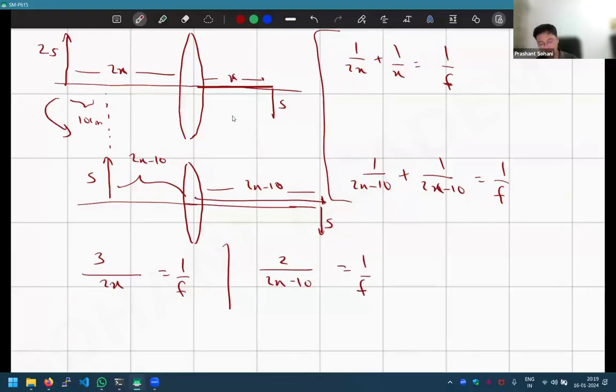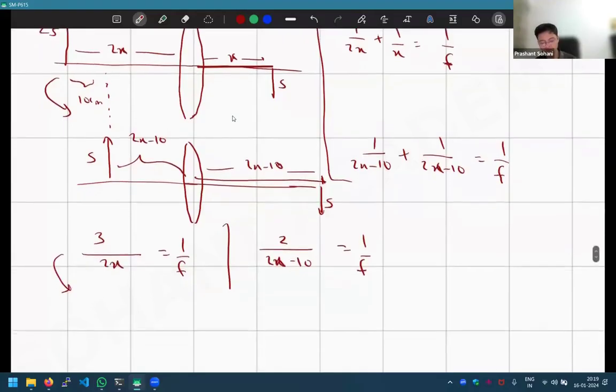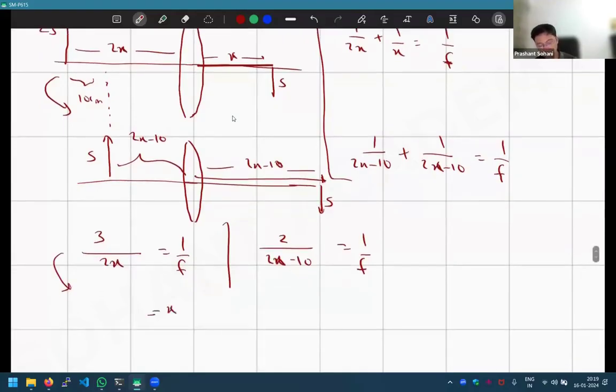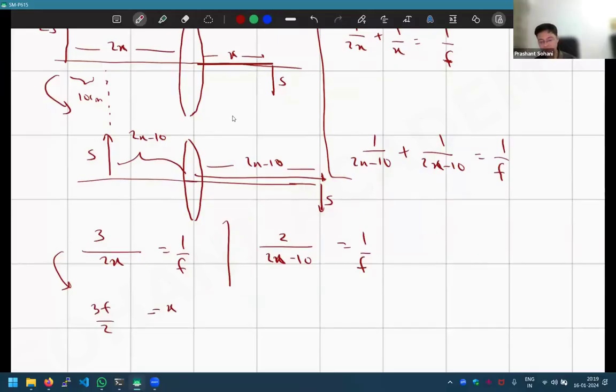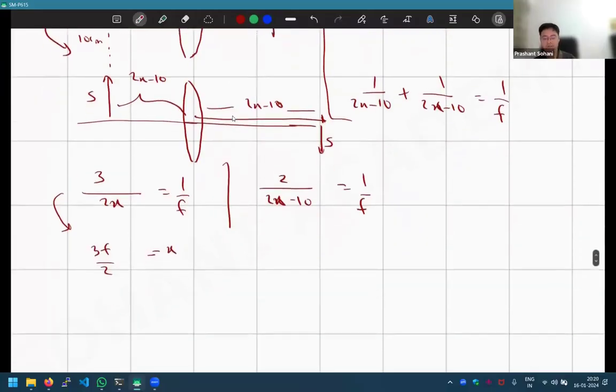Okay, and I want to eliminate x out of this, right? So if I rearrange the first one, keeping x to one side, I'm going to get x equal to 3f by 2. Which means wherever x is going to be there, I can replace it by 3f by 2. And so I can eliminate x from my equation entirely. So therefore, now this will become,